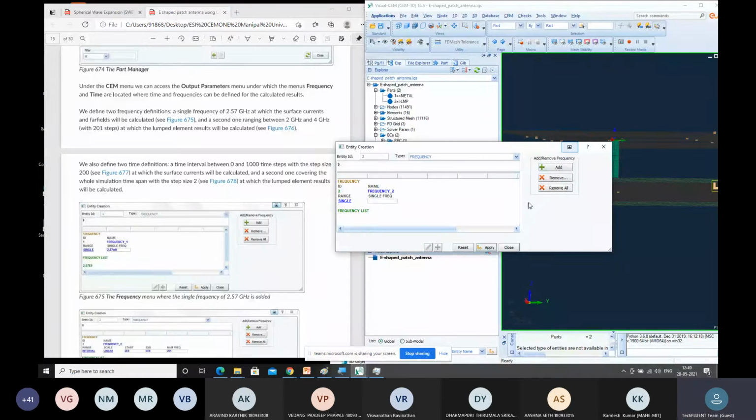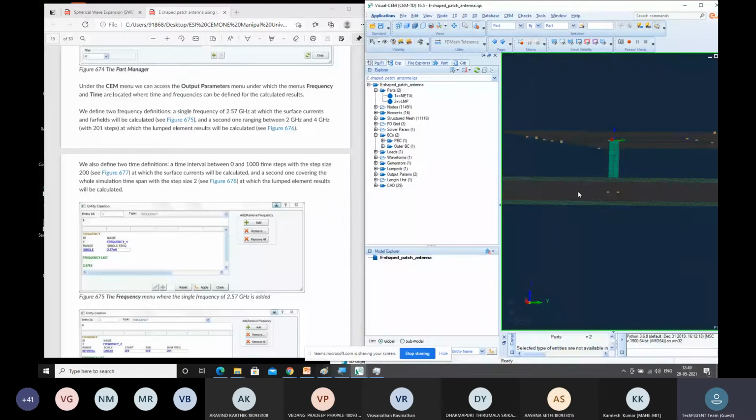Similarly, the next one would be an interval of frequencies, that is 2 gigahertz to 4 gigahertz, with 201 steps here. So click on add, 201 steps, you'll be getting it. Click on apply. So we have got two frequencies, frequency 1 and frequency 2, and the other one was waveform. Waveform is different and frequency is different.